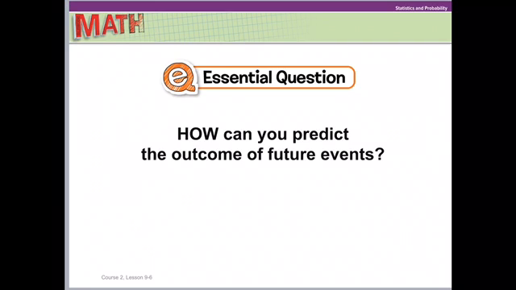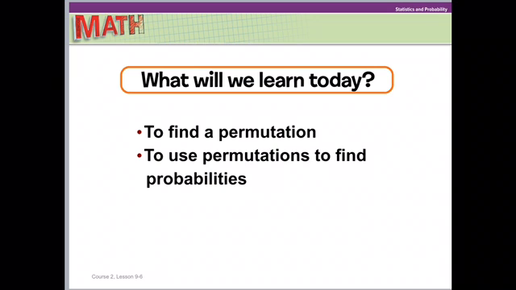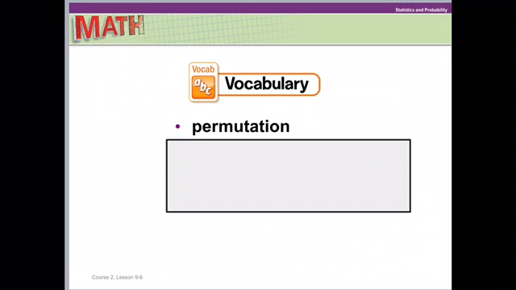Today we are going to be working on Chapter 9 on probability, Lesson 6, which is on permutations. And our essential question, as it is for the entire chapter, is how can you predict the outcome of future events? More specifically, what we'll be learning today is to find a permutation and to use permutations to find probabilities. So our vocabulary term for today is permutations, which is an arrangement or listing of a group of objects in